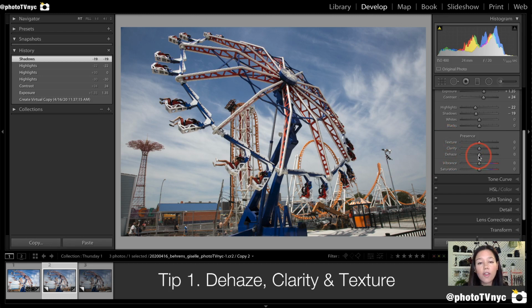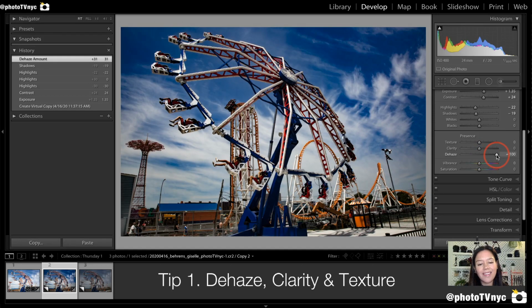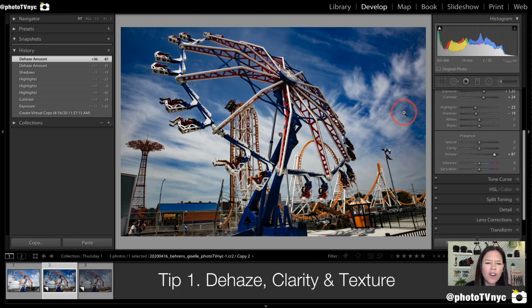The reason for this is because dehaze is the most sensitive of the 3 sliders, so we want to just check out what it does. So I'm going to slide this slider to my right, and I'm going to see how the darks start becoming darker. If you want to just play around and see how this image does get affected, and again, you can download the same image right below in the description, and you can see that the photo starts looking a little